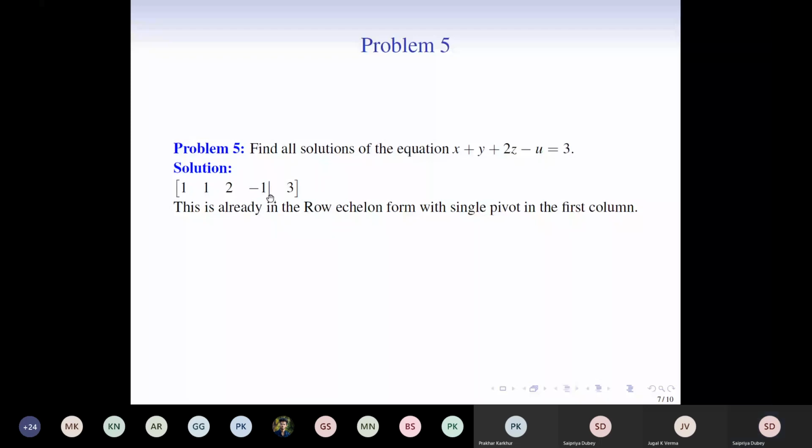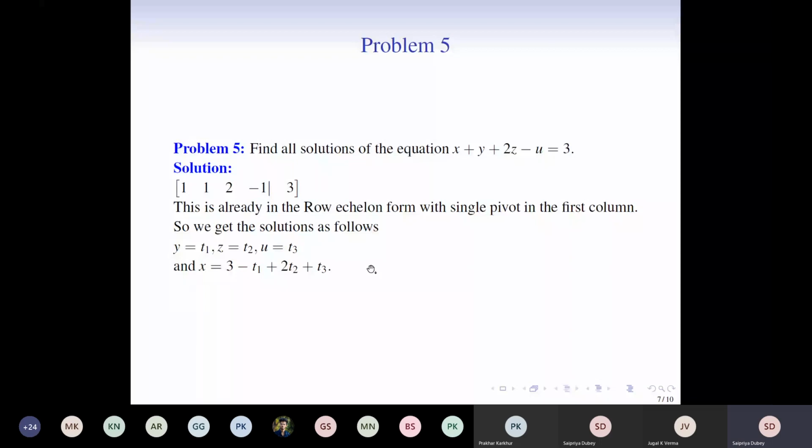So we get the solutions as follows. These are free variables, so I can choose y, z, and u to be any arbitrary numbers, let's say t1, t2, and t3. Please ensure that when you write it in the exam, you write t_i belonging to R, because these are arbitrary numbers that we take as the values of y, z, and u. So y, z, and u are t1, t2, t3 respectively. Please note that t1, t2, t3 are just arbitrary real numbers. They don't have any relation between them.